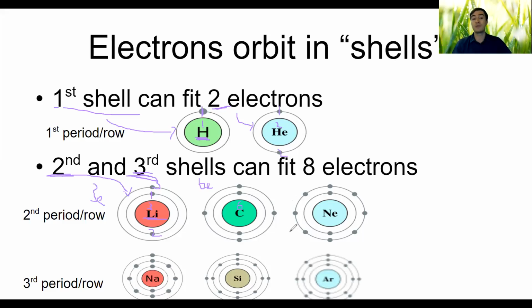We're always going to start with the first shell, and then we start counting. So we've got electron 1 and electron 2 on the first shell. But now it's full. No more electrons can go on the first shell, only those two. So we have to move up and put the leftover electrons on our second shell out here. So we did 1 and 2 on the first shell, and then 3,